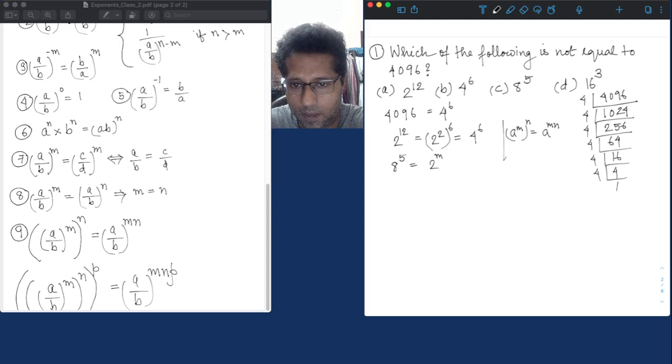Like if we cannot express 8 to the power 5 as 2 to the power m, no such m exists. We cannot find an integer m so that 2 to the power m will be equal to 8 to the power 5, because